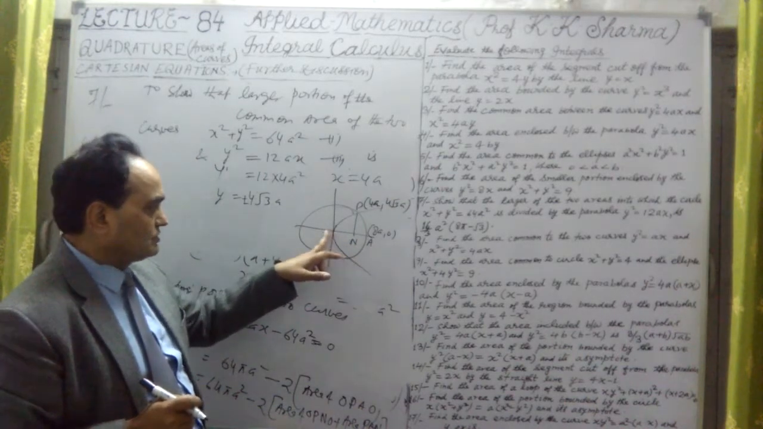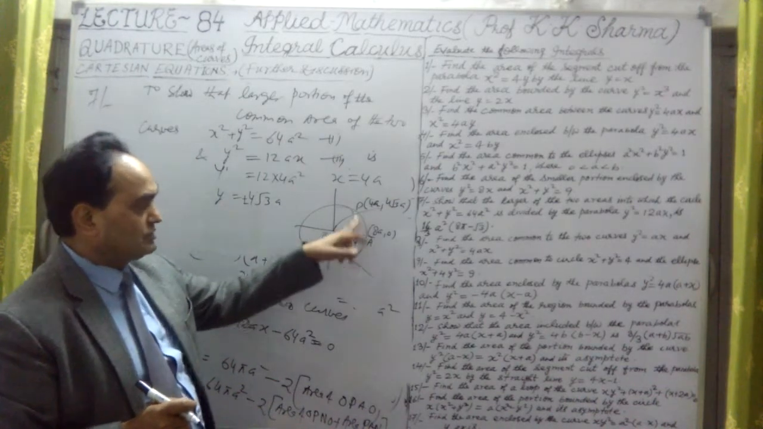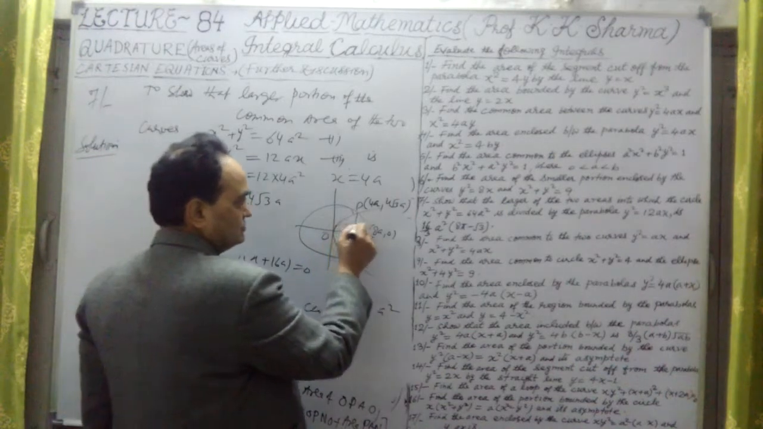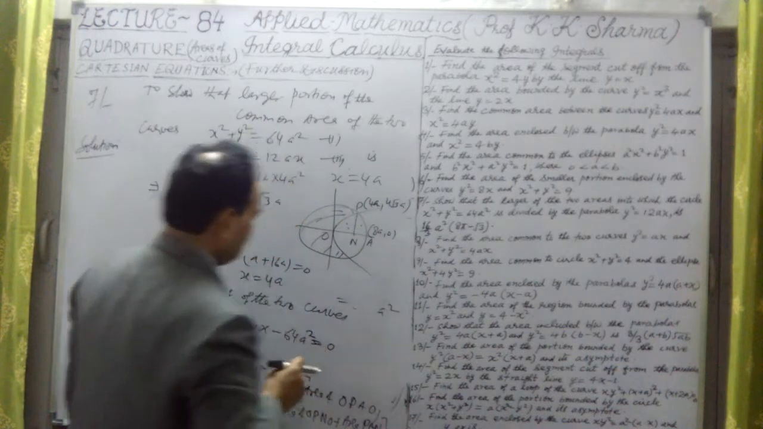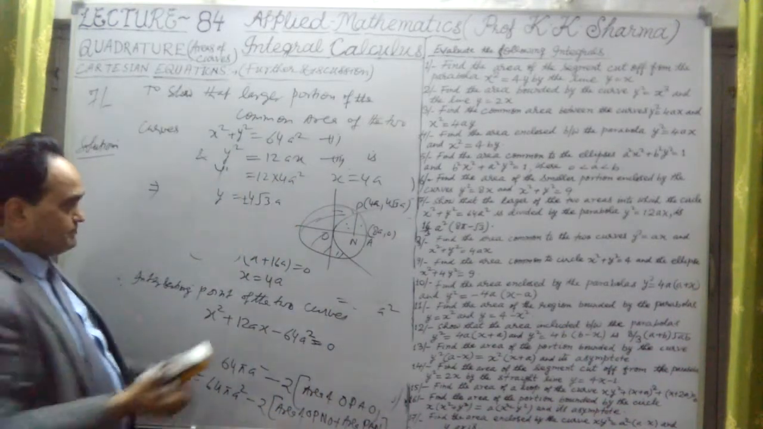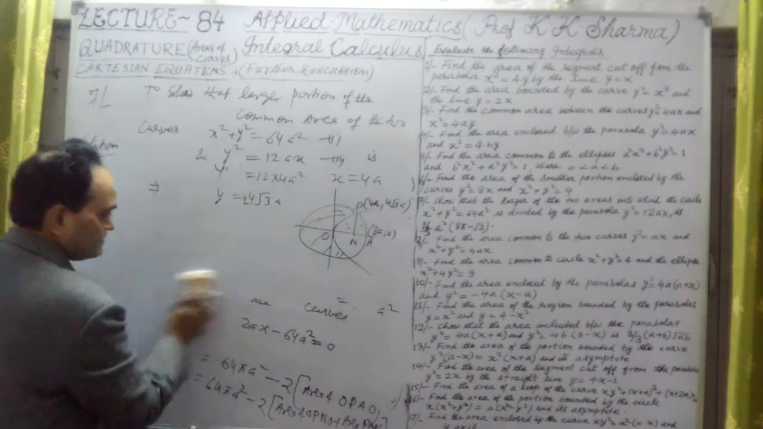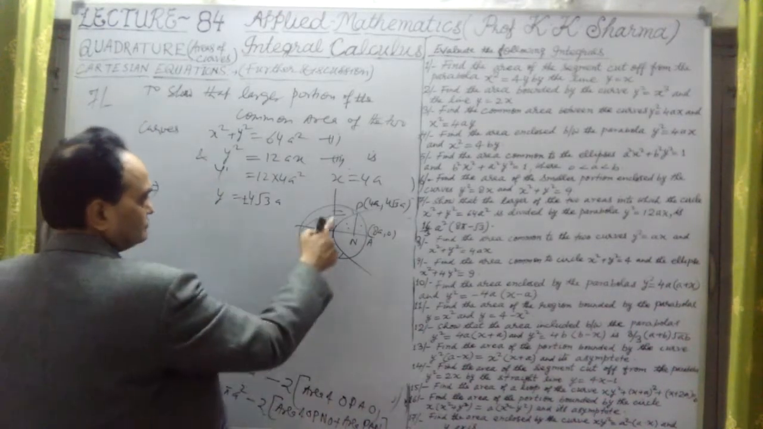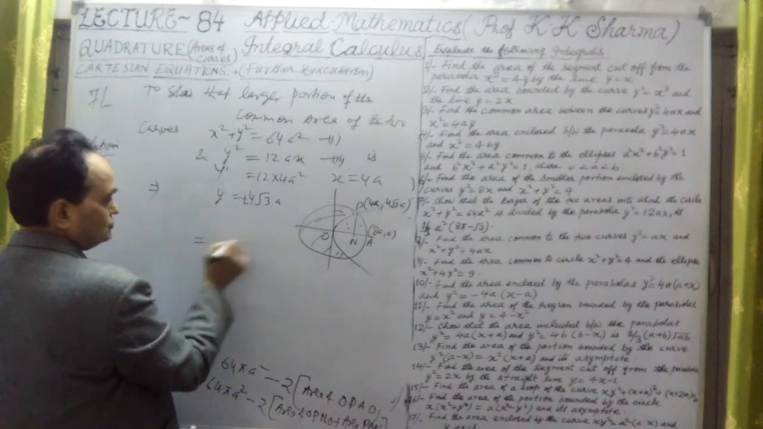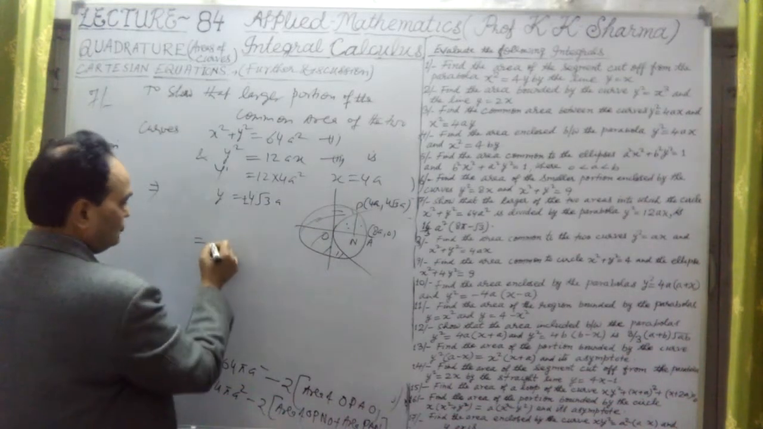So the limits are from O to n, then n to a for these two areas. Then this larger portion area will be calculated. Now let me find the area. Therefore, the common area of these two, this smaller portion, is twice of